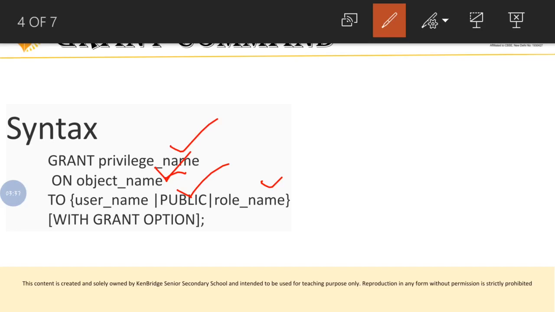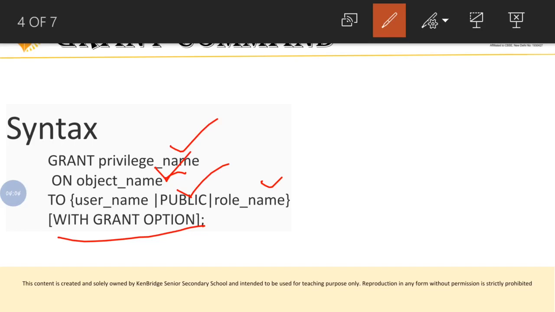And just be careful with this with grant option. For example, if you have given the privilege create table to user 1 with grant option, that means user 1 can give this permission to someone else.